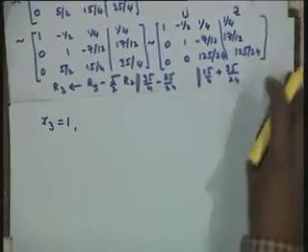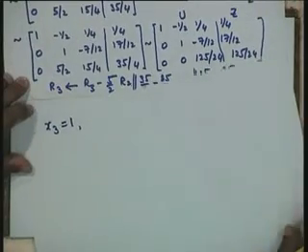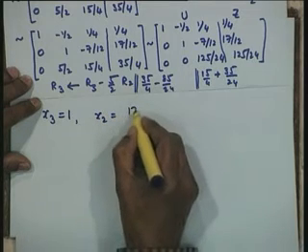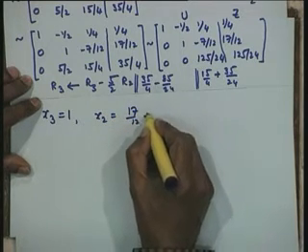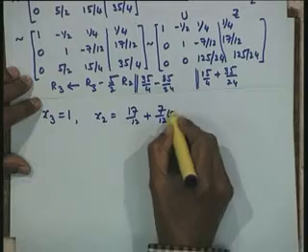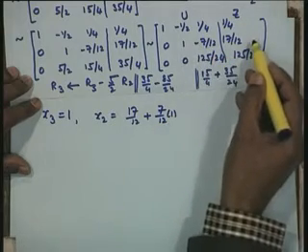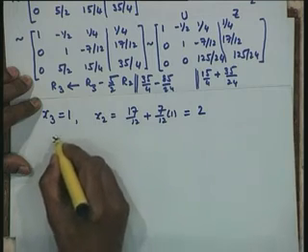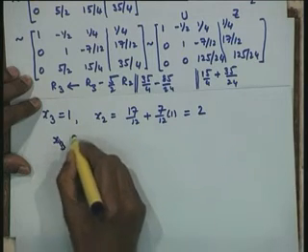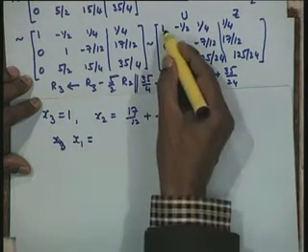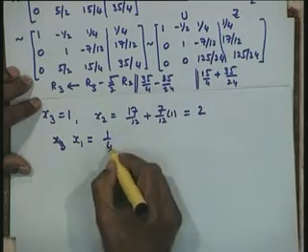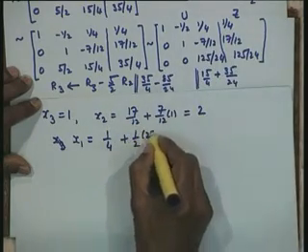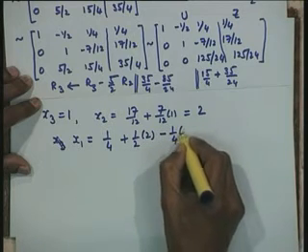We substitute in the backward direction. So, I will have here x2 is equal to the right hand side 17 by 12, minus 7 by 12 into 1, taking this element to the right hand side, that gives me 2. X1 is coming from here. So, the right hand side is 1 by 4. Now, I am substituting the values. So, take them to the right hand side: half into 2 minus 1 by 4 into 1.